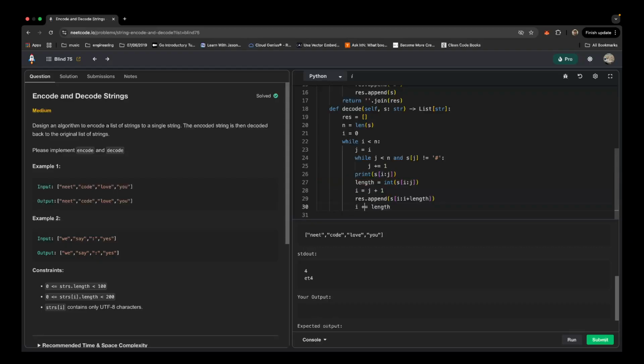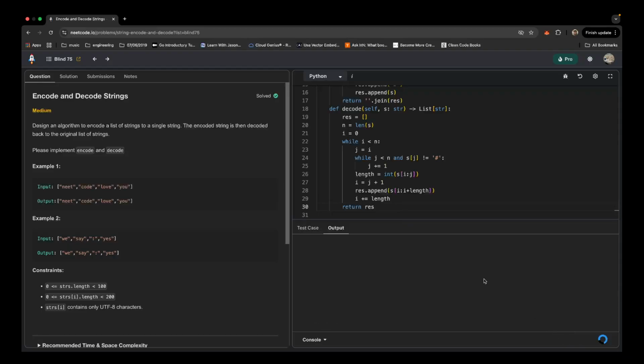So I will remove this, and length i equals to j plus 1, and this return response. Cool. So if I submit it,